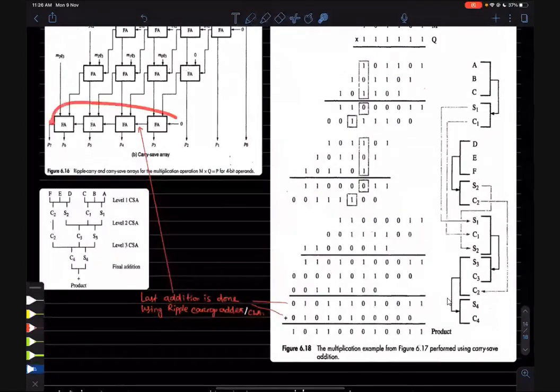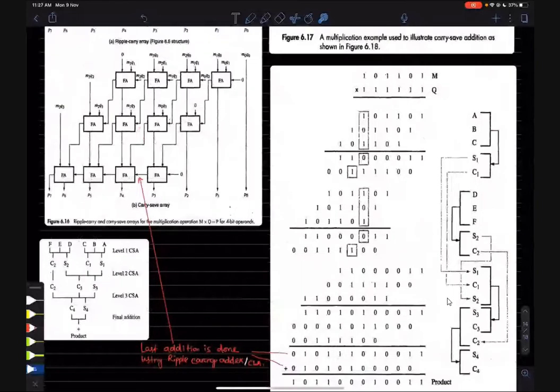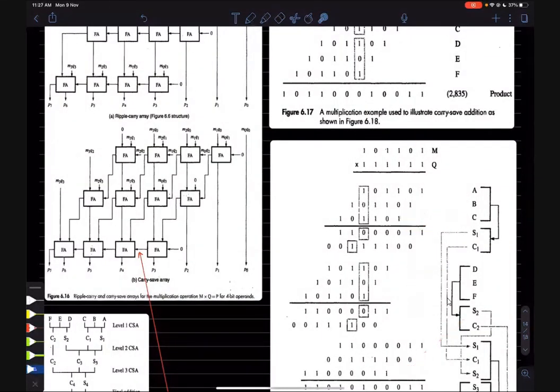So we will do the same addition, that is normal addition, by giving carry to the next. 1 plus nothing is 1, 1 plus 0 is 1, then 1 plus 1 is 0, carry is 1, 1 plus 1 is 0, carry is 1, 1 plus 1 plus 1 is 1 and carry is 1, then 1 plus 1 is 0, carry is 1. This last addition is normal addition, but all other additions are carry save addition, where we get two numbers, one is sum, one is carry.